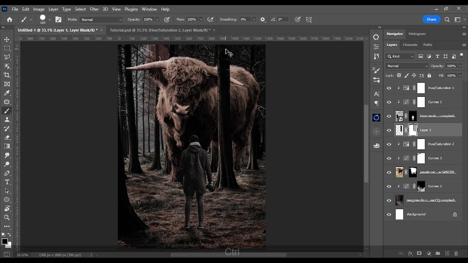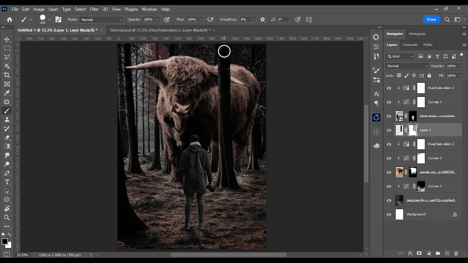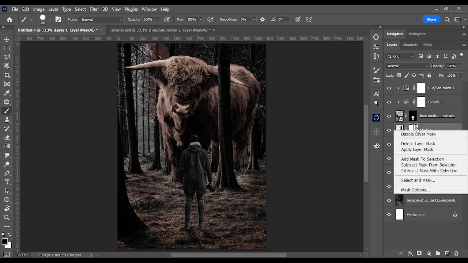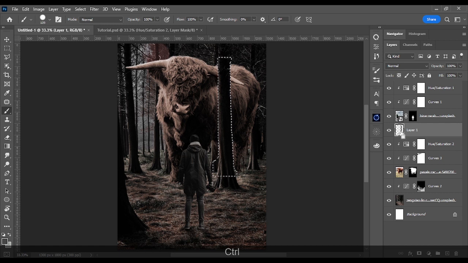And you can see this area of the tree does not look good to me. If it's looking good, you can leave it as it is, but I'm going to change it a little bit. First, right click on this mask icon and apply the layer mask. Make sure that you have erased these edges correctly, then apply this mask. And now hold Control and select the marquee tool by pressing M key on keyboard, and make the selection